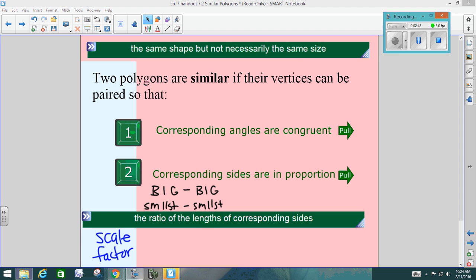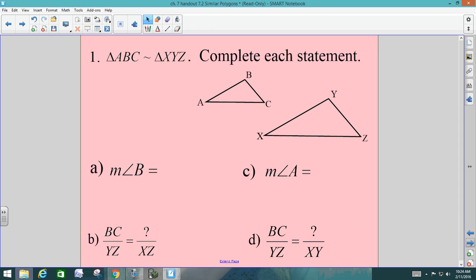All right, numero uno. Triangle ABC is similar to triangle XYZ. Here's a similarity statement. See how we use our similar symbol? It works the same way as the congruency statements did back in chapter 4. The corresponding angles are lined up. So just looking at this statement here,